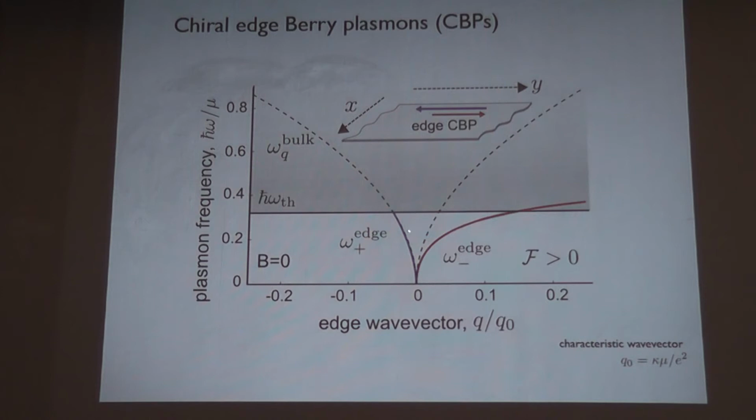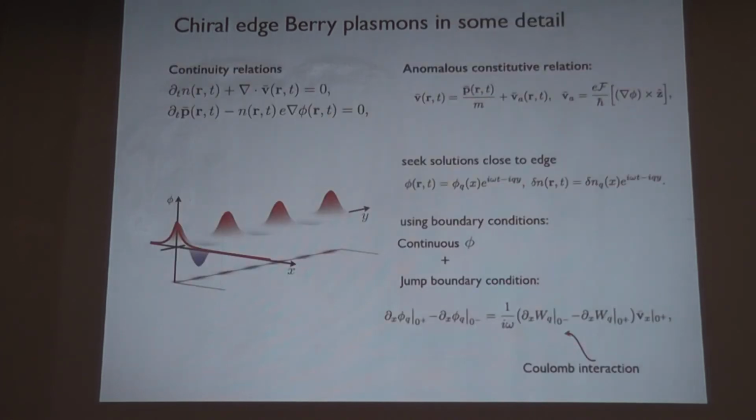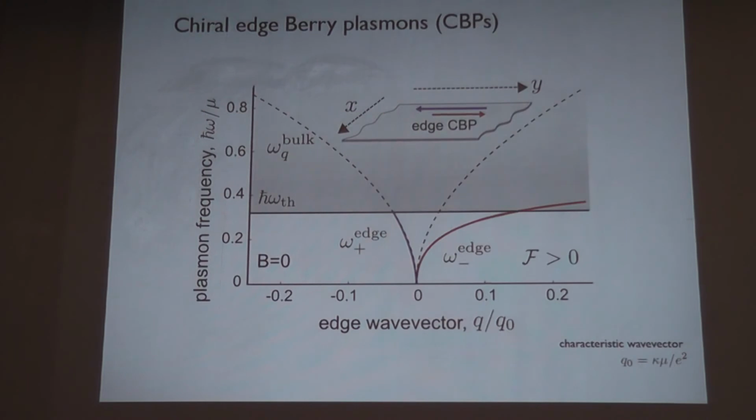So the propagation direction going this way and that way have different frequencies and different velocities as well. And this is given by the fact that there is some finite Berry flux, a Berry curvature system. Okay. So given that, we can say, okay, fine. That was a bare bones kind of explanation for how to get the frequencies for the system and where it